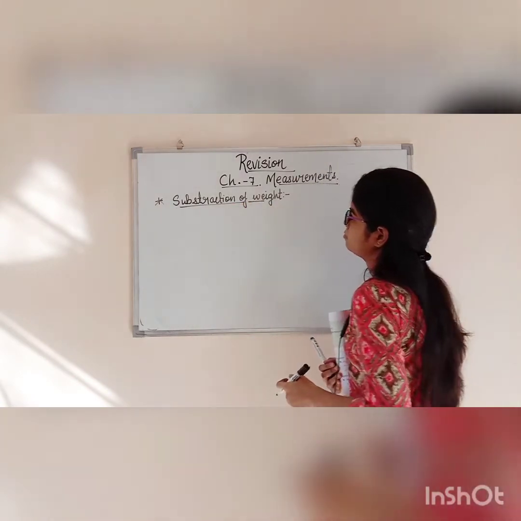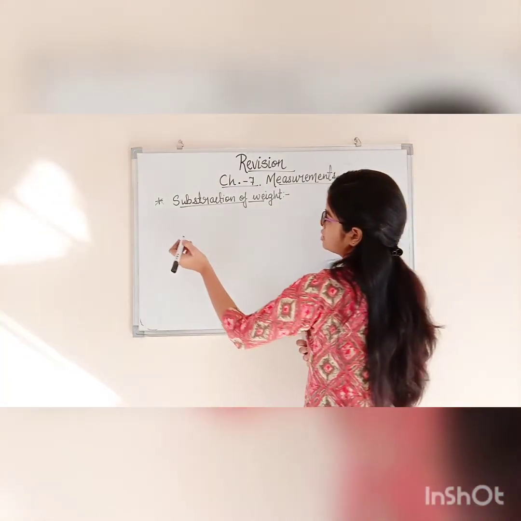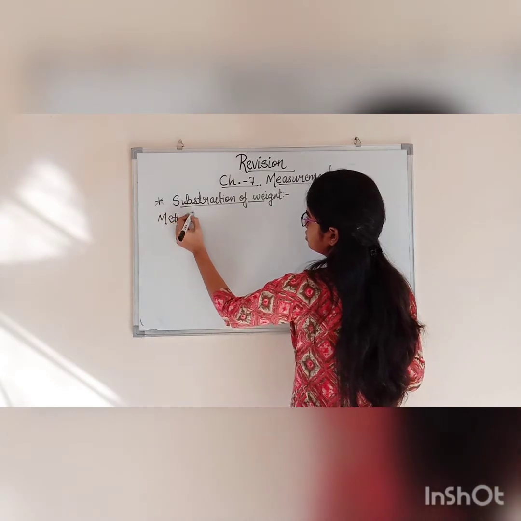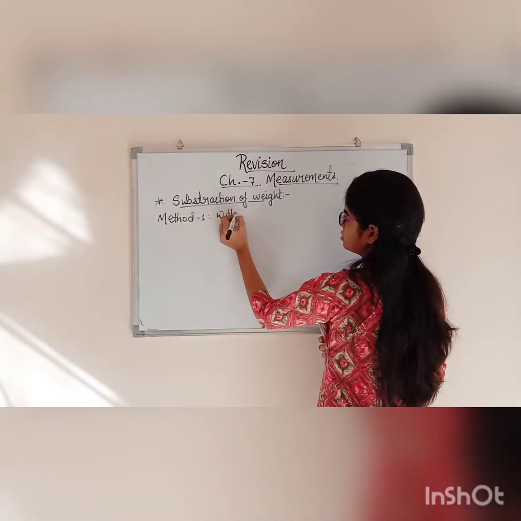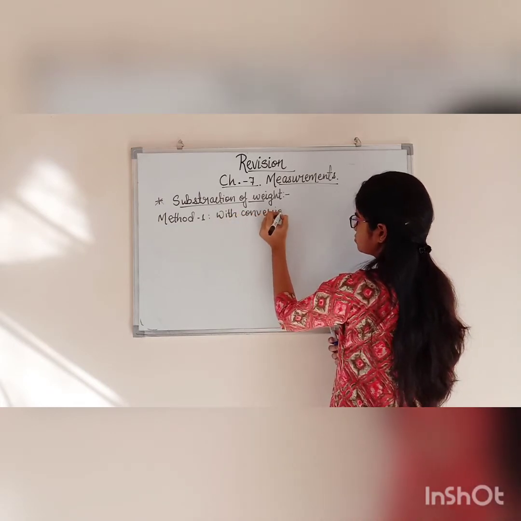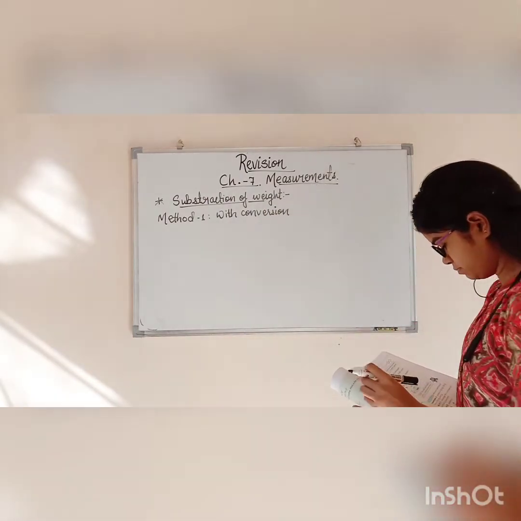In this subtraction, there are also two methods. Firstly, with conversion, and second, without conversion. So method 1 is with conversion. And the first question is